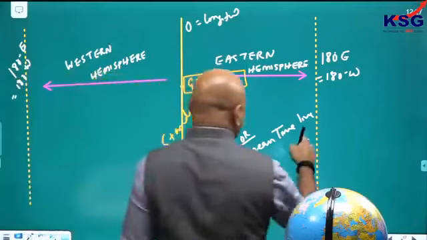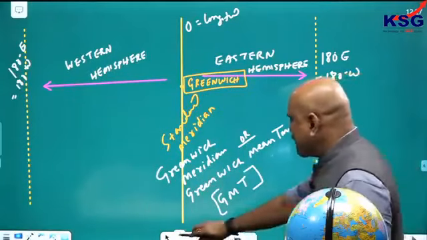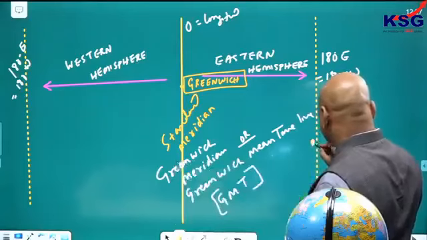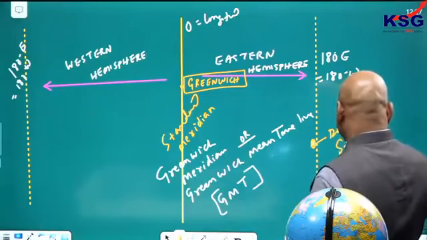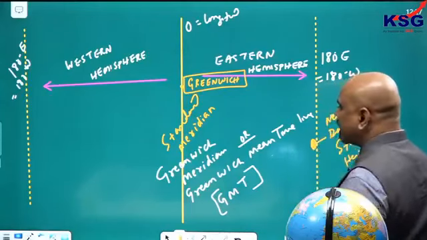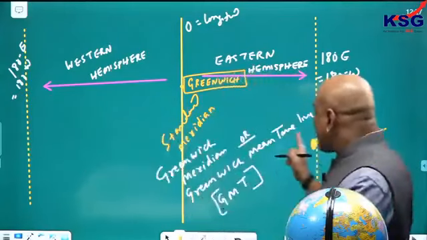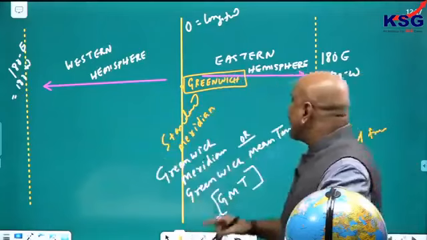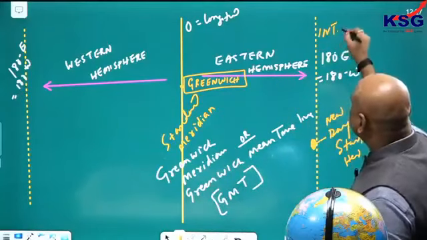So the eastern hemisphere starts here. So the day starts from here, isn't it? Eastern hemisphere starts from here. So the day starts from here. New days start from here only. A new day will start from here, and this way if you go, the day starts from here and goes in this way. That's why this 180 degree is called the international